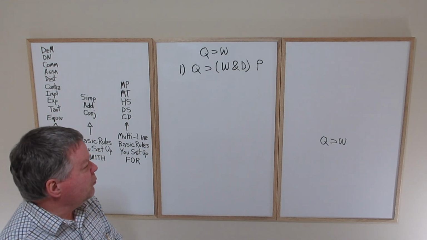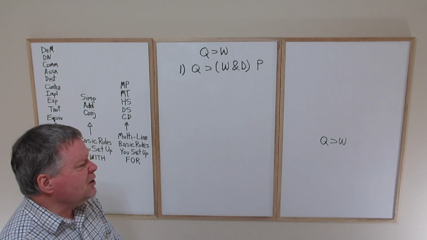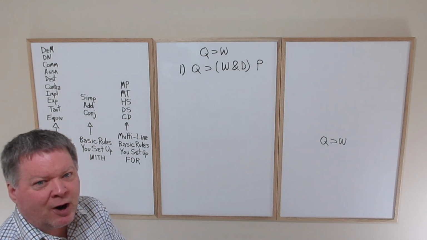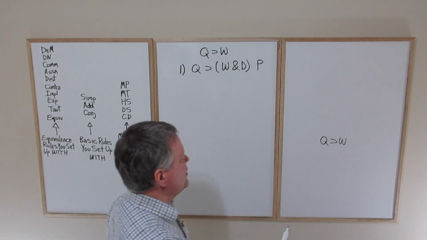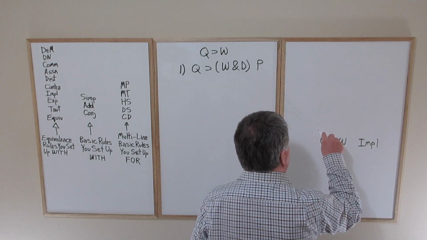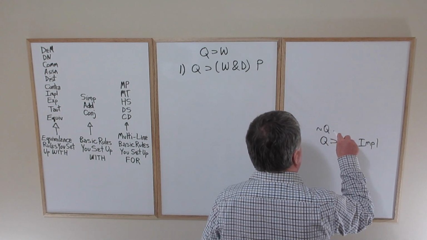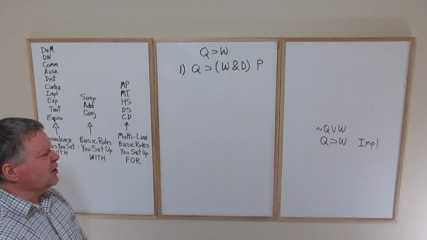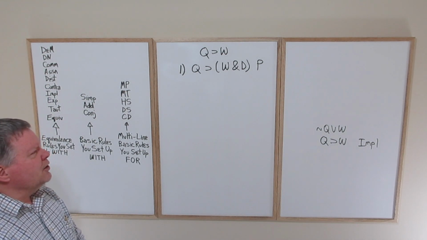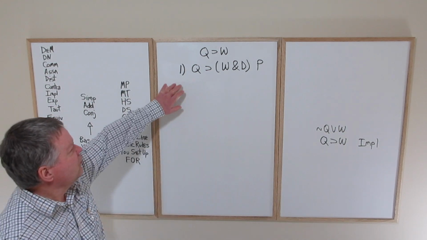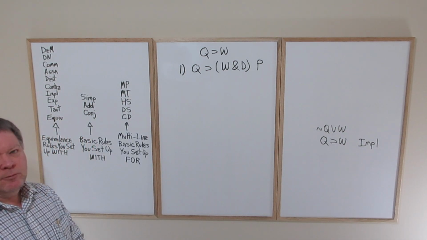If you are familiar with the distribution templates, the way in which we're going to get that conclusion from something that comes from a distribution strategy is by implication. So that means if we could just get the disjunction tilde Q or W,